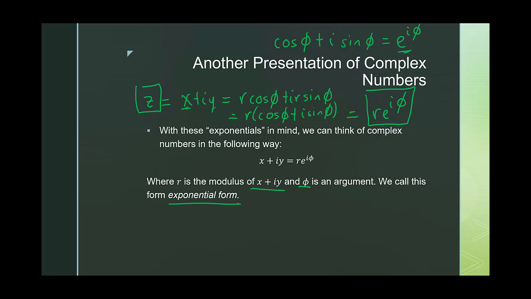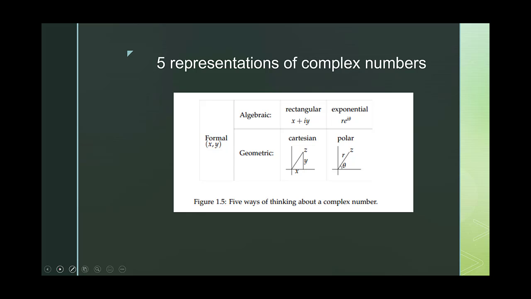spoiler, it's an exponential, or it looks like it's an exponential. So just to summarize, these are our ways of thinking about complex numbers. I'm a little bit of a stickler. I usually associate these two as the same thing because I think about points as vectors. Maybe that's the algebraist in me, so I really think we have 4, but your book actually says that it's 5, which, okay. In any case, we have our two-dimensional version of thinking about them, either as a vector or a point. We have polar coordinates, which we just talked about. Again, that's coming from Calc 3.